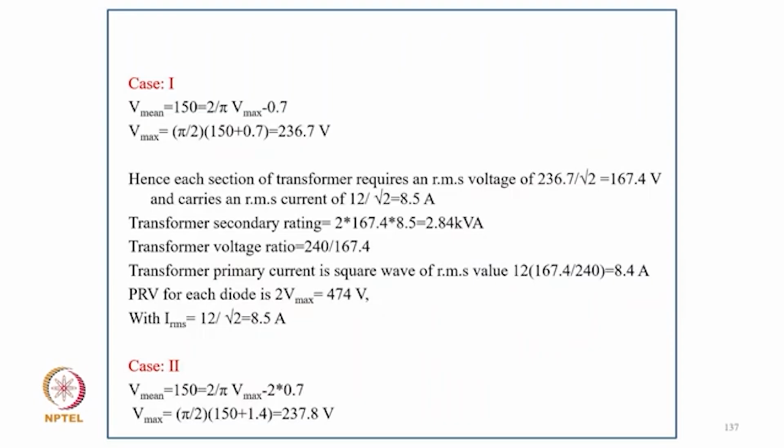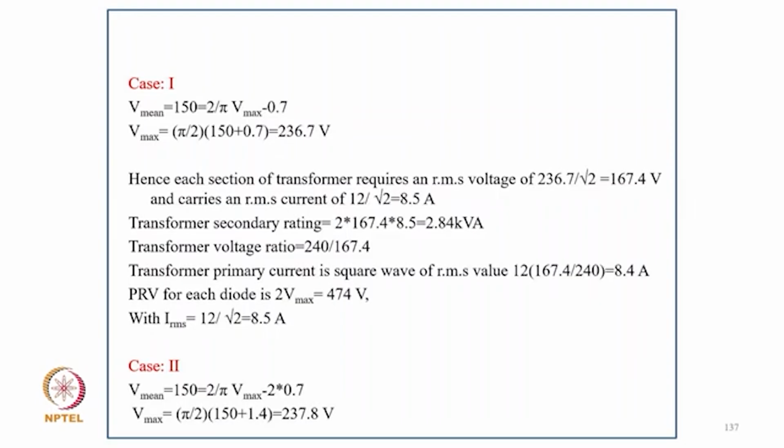So case 1: Vmean equal to 150, that is 2 Vmax by pi minus 0.7, so Vmax comes to 236.7 volt. Hence each section of transformer requires RMS voltage of 236.7 by root 2, 167.4 volt, and carries an RMS current of 12 by root 2, that is 8.5 ampere, and transformer secondary rating is 2 into 167.4 into 8.5, so 2.8584 kVA, and transformer voltage ratio is 240 by 167.4, and the transformer primary current is square wave, so it becomes 8.4, and PRV of diode is 2 Vmax, 474 volt,